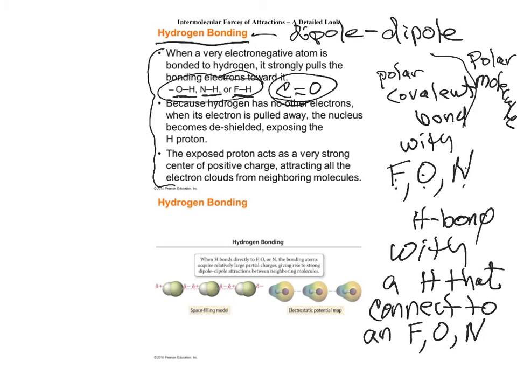You may be saying, but I'll tell you. If you have a hydrogen that is connected to an F, O, or N, and that hydrogen can interact with an F, O, or N that's involved in a polar covalent bond in a polar molecule, they can hydrogen bond. Okay? If that hydrogen is attached to a carbon or something else,